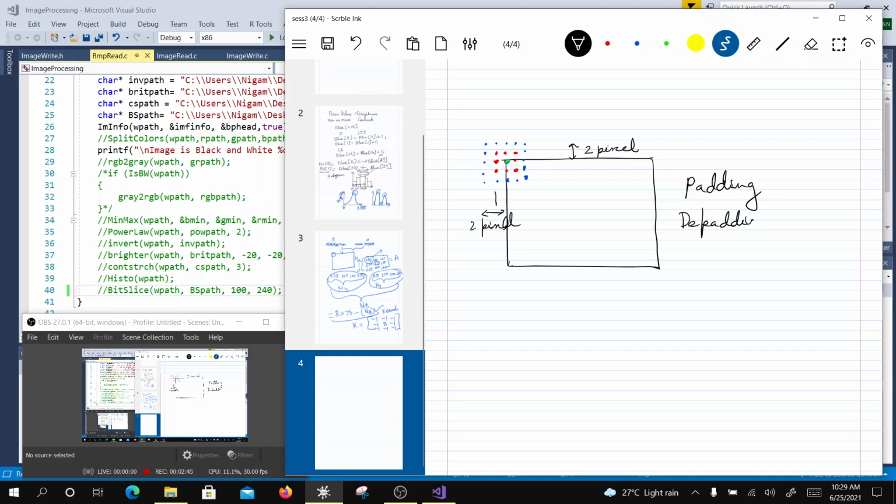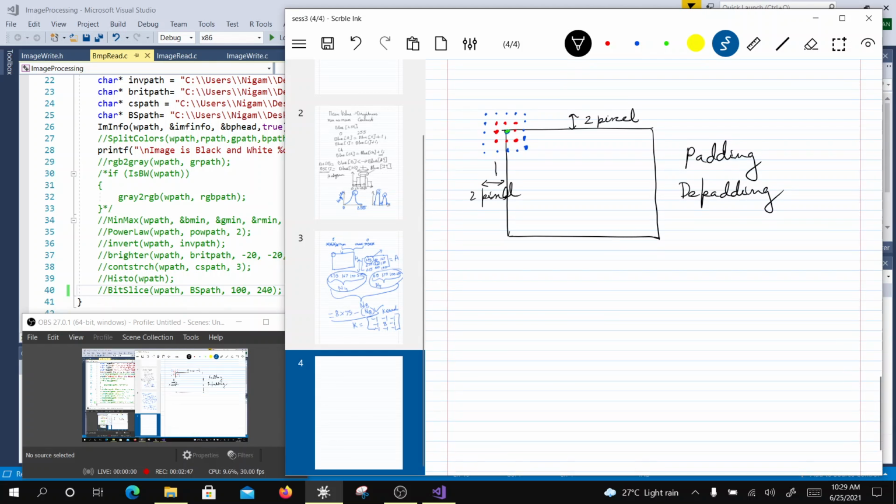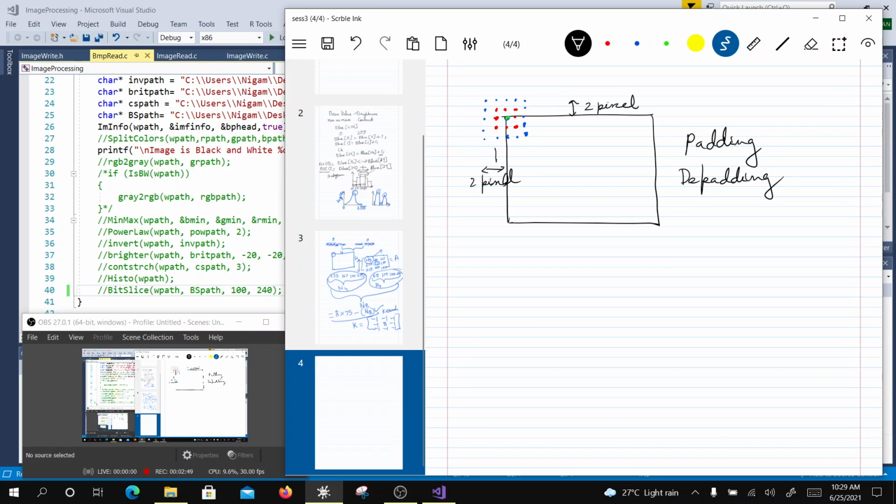So the first procedure in this whole exercise would be to pad the image and to depad the image. So I'm going to write a program for padding and depadding. Now let's say the middle value of a pixel. What are we going to discuss? We are going to discuss